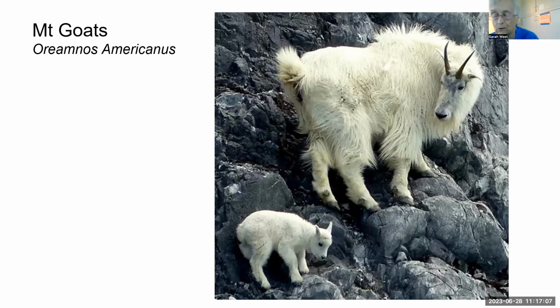They are very graceful. They leap from ledges you wouldn't believe they could leap from. And oh, I forgot to tell you something about the sea otters. The sea otters are like us. Their hair turns gray when they get old. I think that mountain goats,